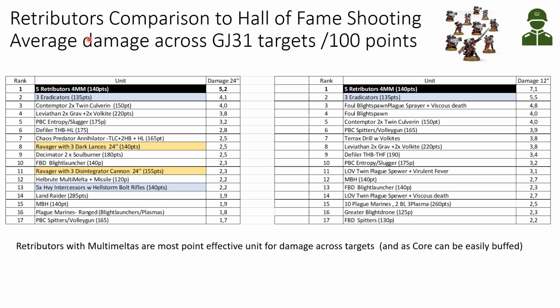So, as I said, just a quick retributor calculation with the multi-meltas. I did some numbers to see their damage output against the typical targets I've been simulating. So per 100 points, at a 24-inch range, 5 retributors with 4 multi-meltas for 140 points do much more damage